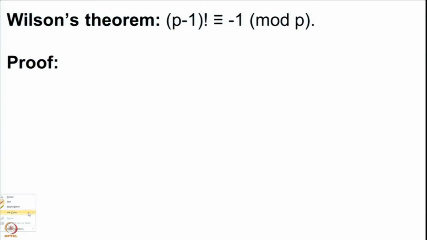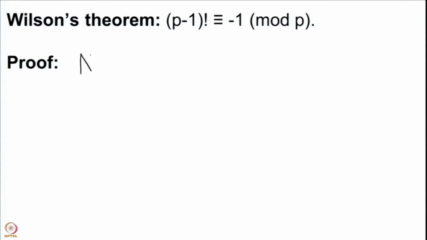The proof of this is very easy, and it will draw upon the thing that we have done earlier, that the square roots of 1 in Z mod pZ when p is prime are only 1 and minus 1. Remember those calculations or remember that result, that is the result that we are going to use here. So we go towards proving this statement that p minus 1 factorial is congruent to minus 1 modulo p.